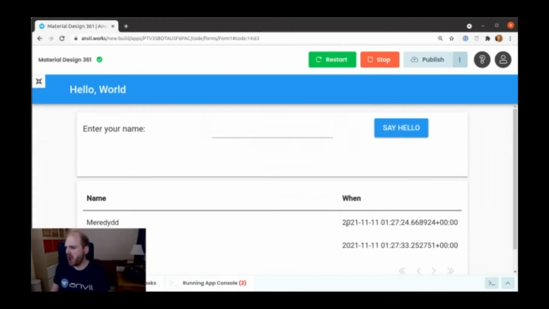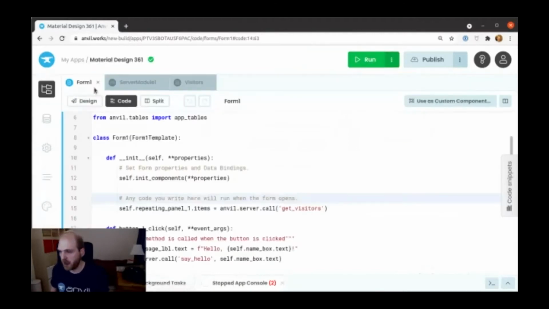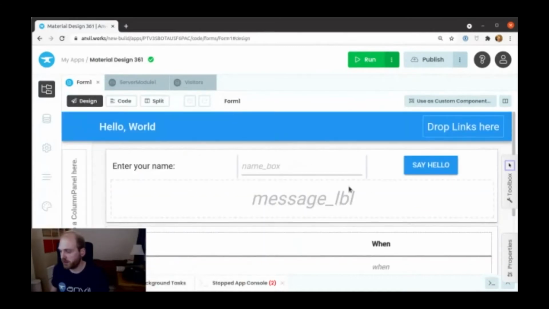Now, one more thing. This data is kind of ugly. You can see what's happened, right? You've taken a datetime object and you have called str on it, and the default string representation of a datetime is kind of ugly. So let's fix that. Let's go back to our user interface,